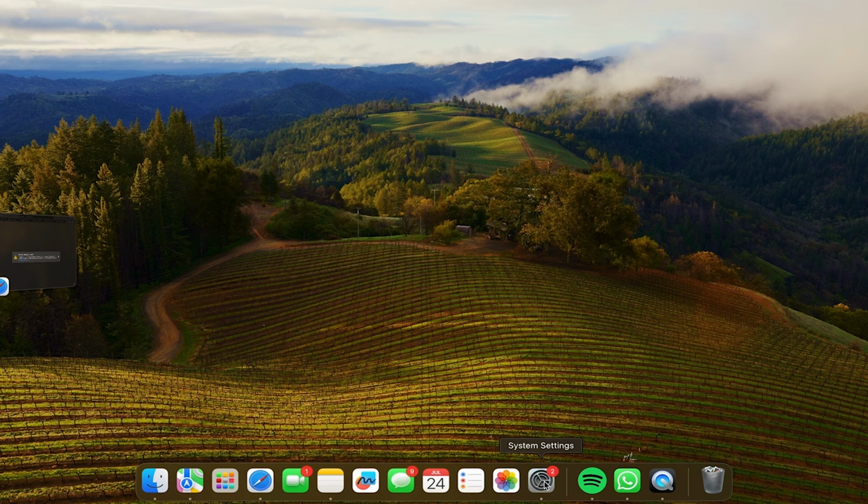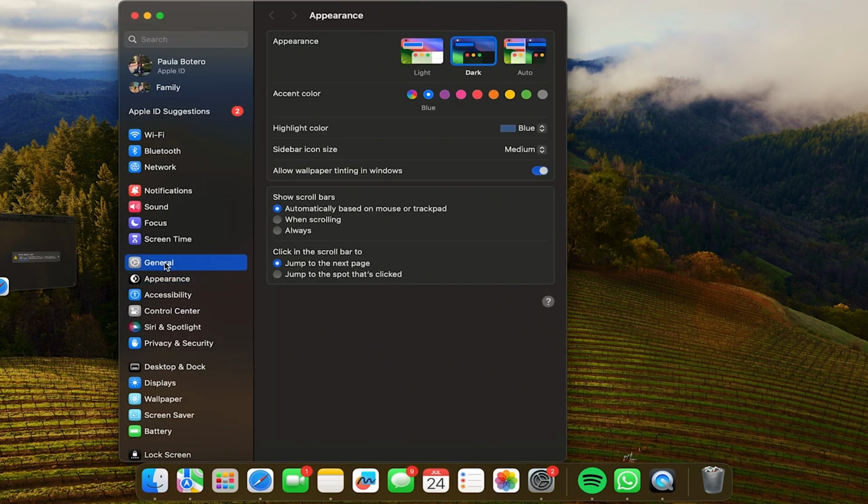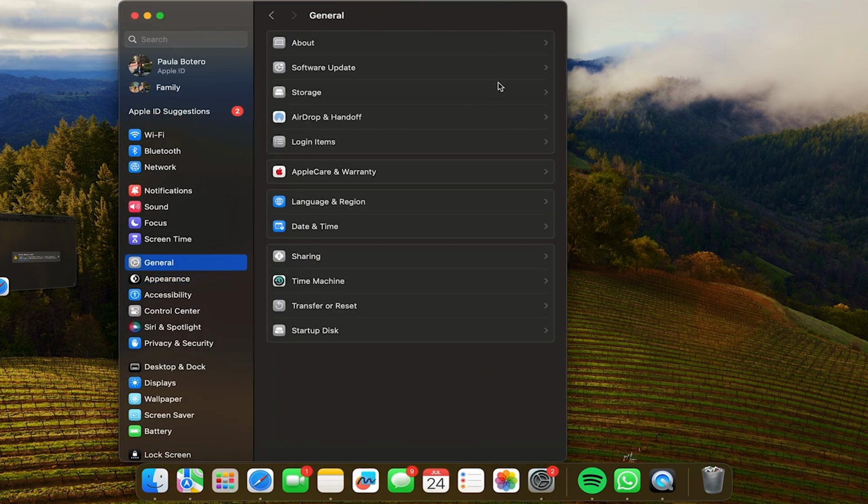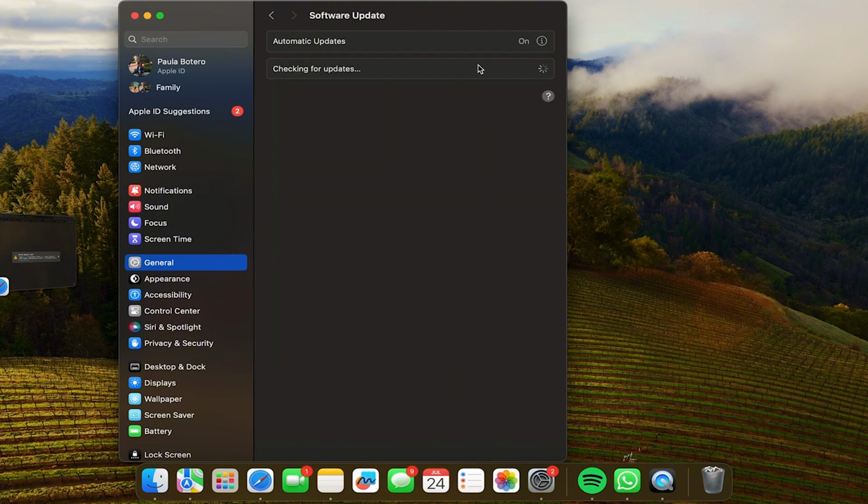So first, let's open your system settings, and here on the left part, you're going to click on General, then click on Software Update, and here you're going to make sure that all the updates are complete. If they are not, you have to update your software, and when they are ready, you have to go back